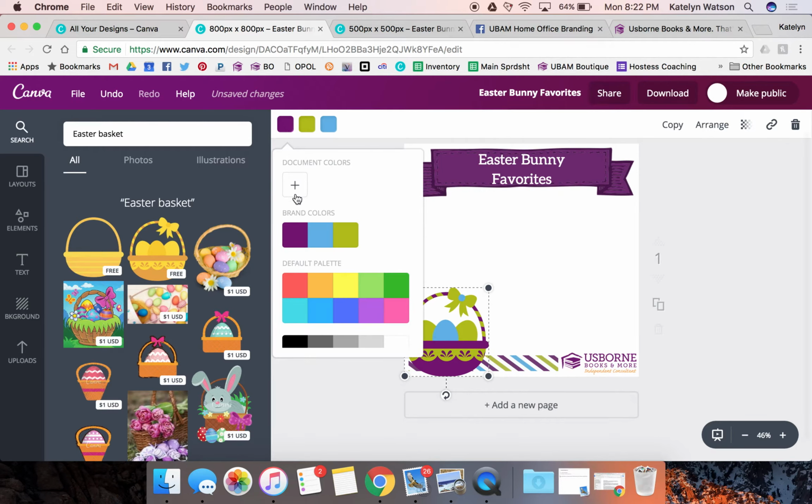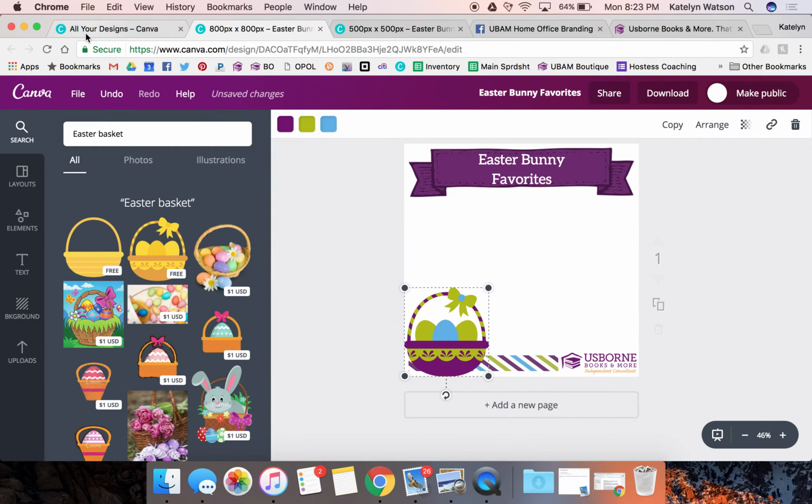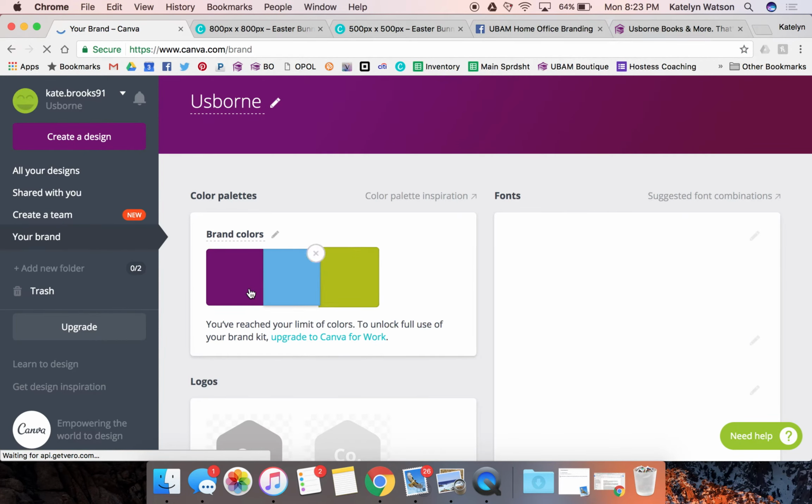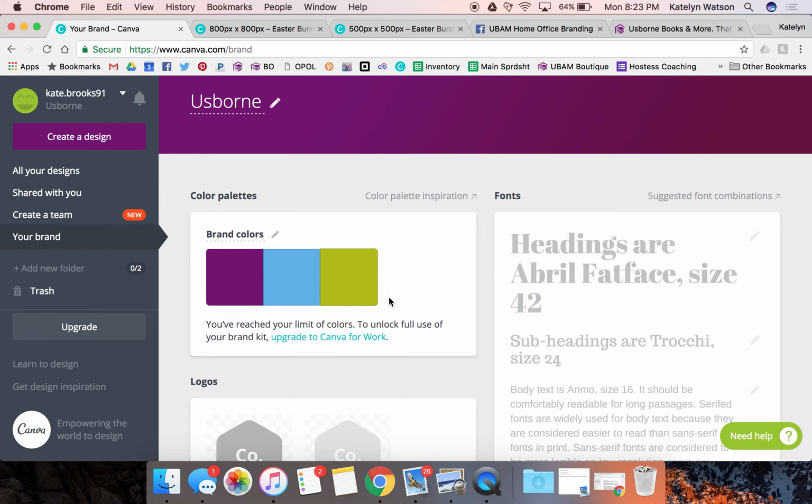Now I'm going to show you guys really quick. You'll see this area that says brand colors right here. This is something really nifty that I found that Canva allows you to do. So back over here on my home page on Canva, if I come over here to the left side and go to your brand, it's going to take me to a place where I can put in my brand colors. Now I can only put in 3 unless I upgrade and pay to put in more,